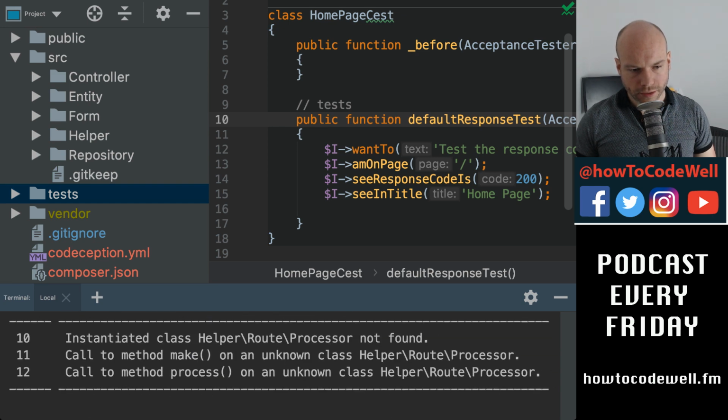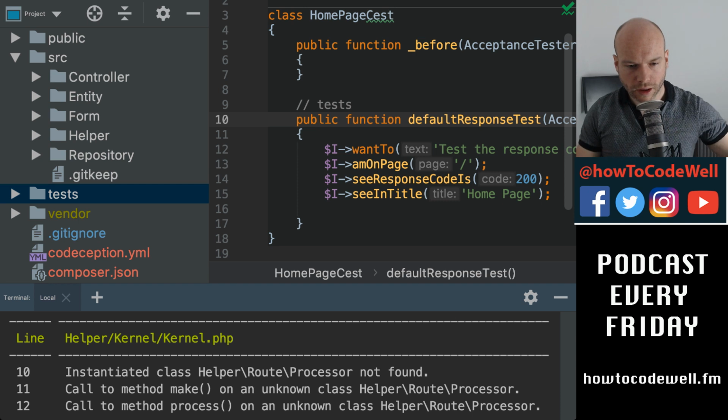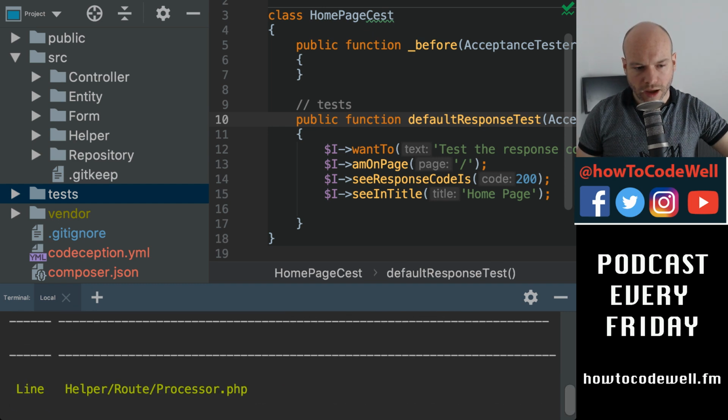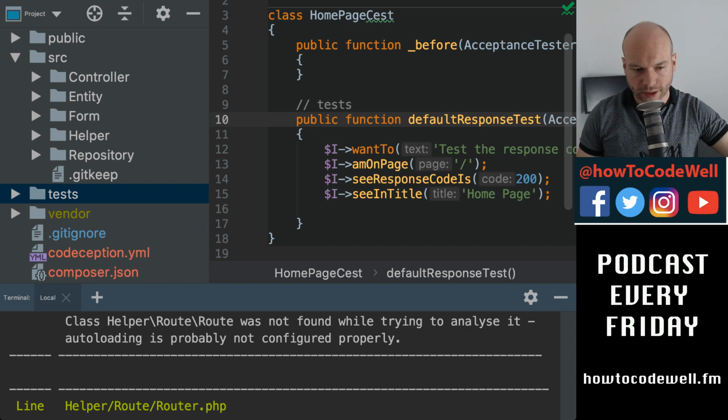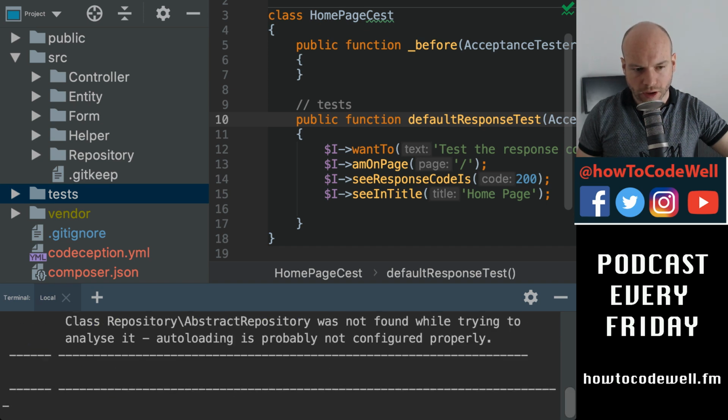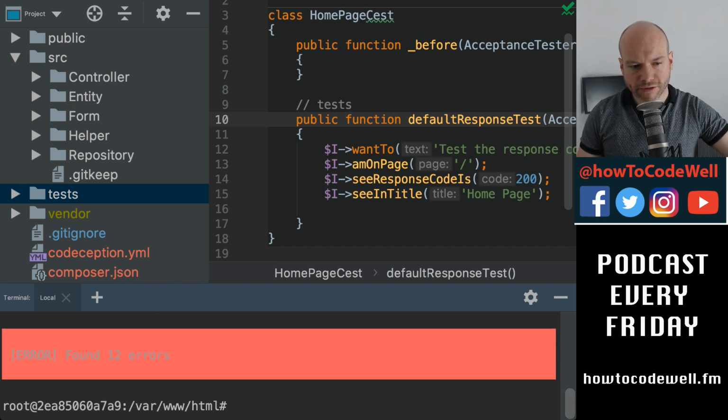Here we go. So in the kernel, we've instantiated a class, but that can't be found. So that's the problem with the autoloader. That's fine. But we've got here call to method make on an unknown class. Call to method process on an unknown class. Once the autoloader is wired up to Composer, which is something I will be doing later on, I don't have time to do it now,